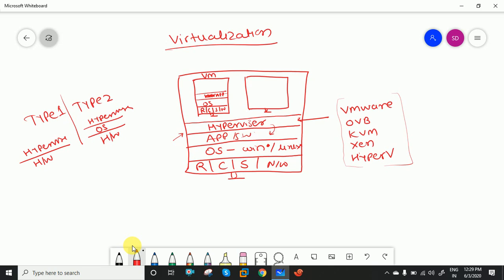So how are we providing the resources to the virtual machines? The hypervisor will take care of that. The hypervisor is pulling the resources from the base machine and pushing them to the virtual machine. That's why it becomes virtual RAM, virtual CPU, virtual storage, virtual network, right? And then we are installing the operating system over there. So this is the basic funda that we are using for virtualization, right? It will create a virtual machine and you can use this multi-platform environment on top of your base machine operating system, right?